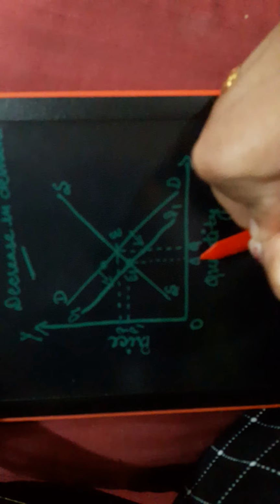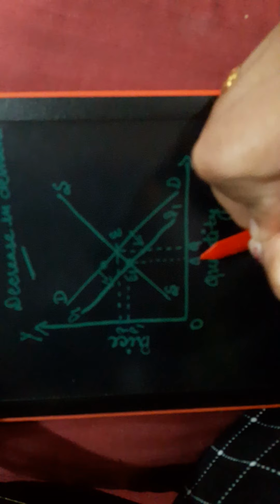We will discuss the first case, that is change in demand. For change in demand, we are going to consider supply as a constant. Supply would be constant. And for the first case, in change in demand, we'll have to take the initial diagram where we are showing the equilibrium point and the equilibrium price